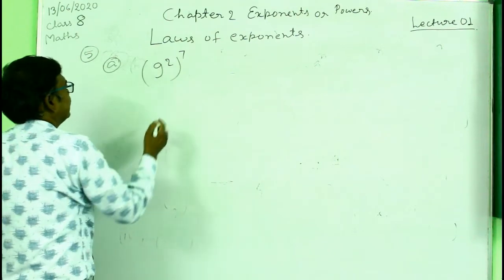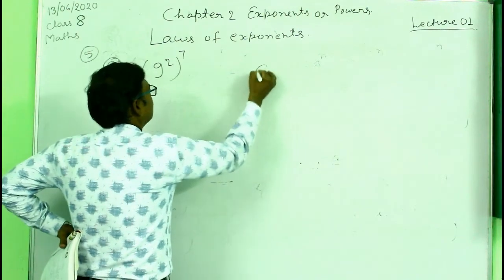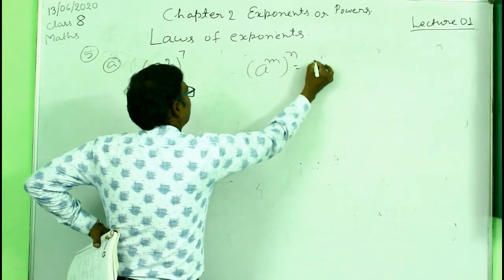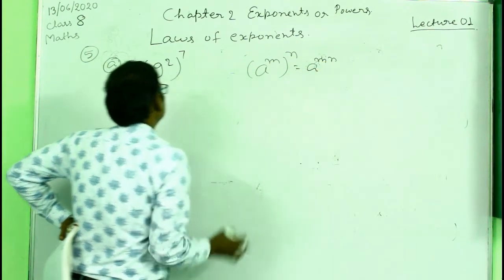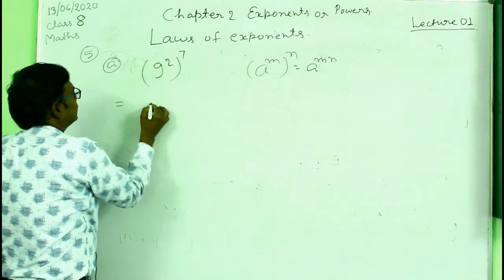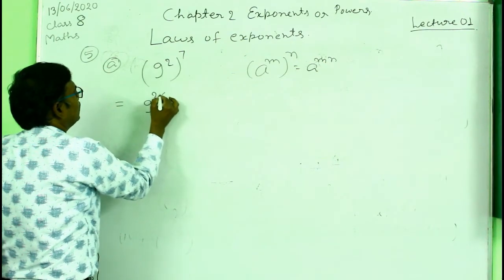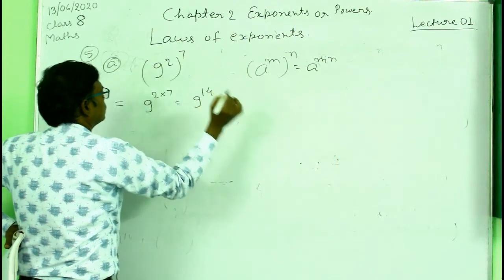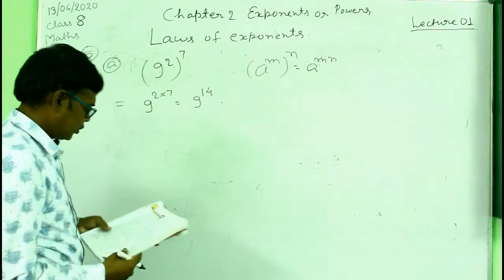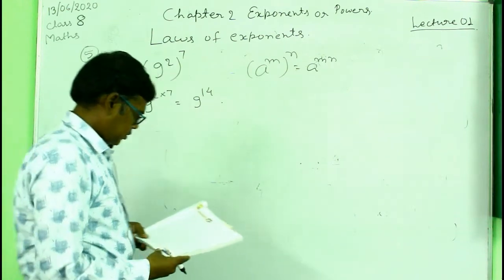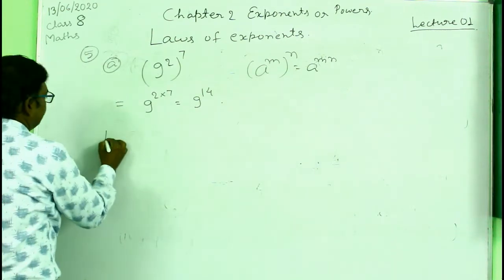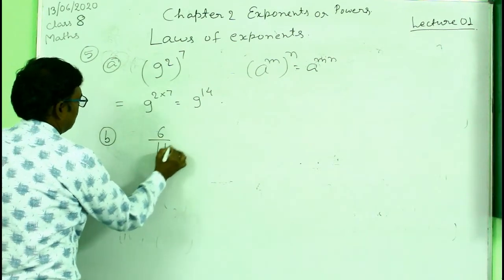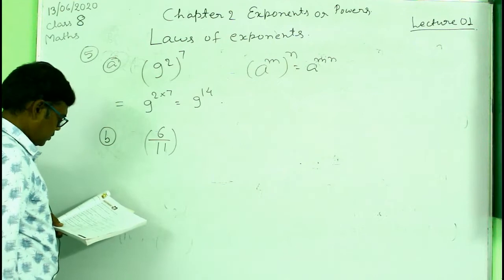So here the formula is, remember the formula, a to the power m to the power n equal to a to the power mn. So use this formula. So it will be 9 to the power 2 into 7 is equal to 9 to the power 14. So this is the answer of this question. And similarly the question number B. In question number B, 6 by 11 to the power 0